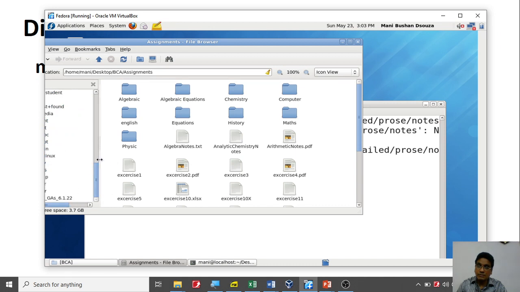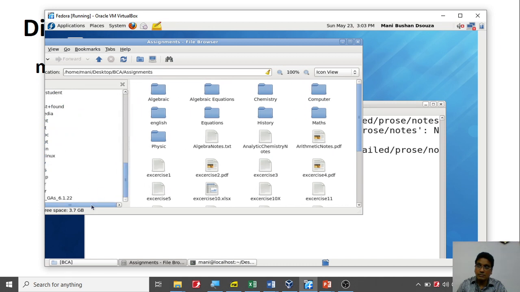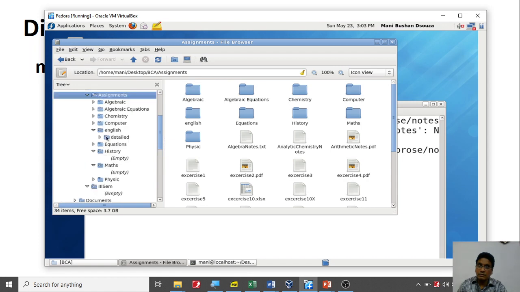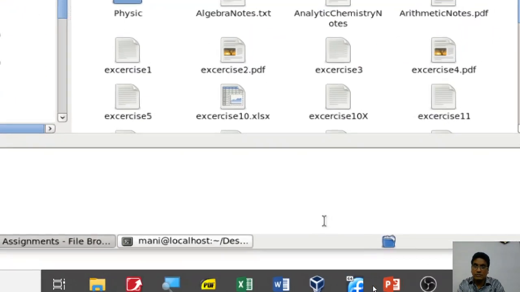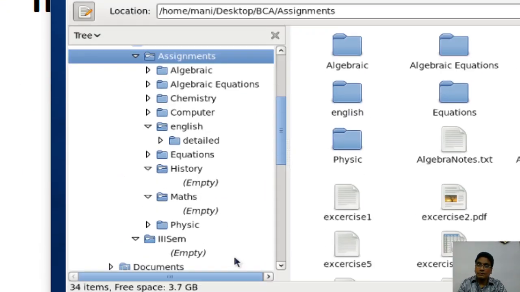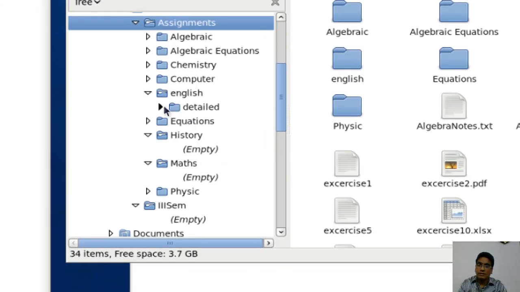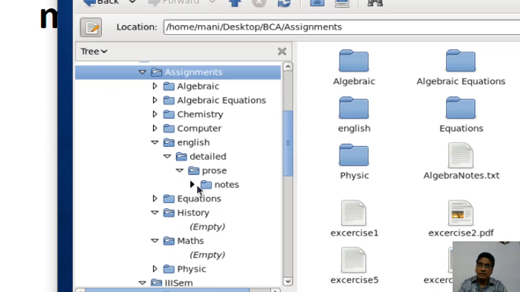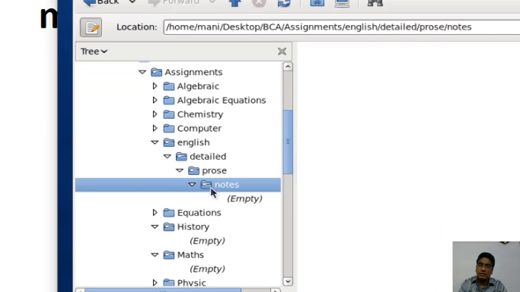one minute, okay, slightly I'm going to pull this one over here. So if you just notice where is the folder, current folder. If you notice this English, I'll zoom it for you so that you can see it. Inside English I created detailed. Inside detailed I have prose. Inside that prose I have created notes.